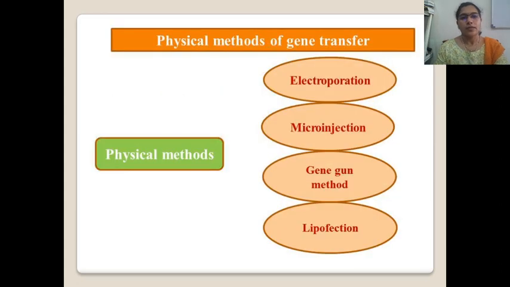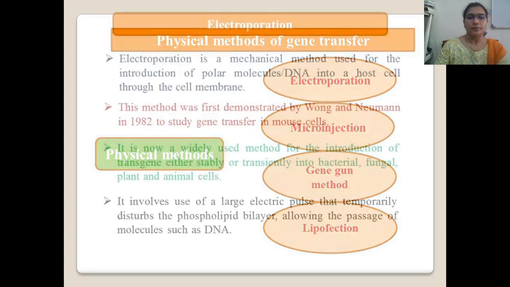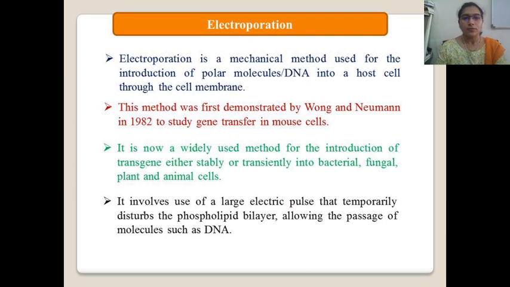Now, what is the physical method of gene transfer? The physical methods of gene transfer are electroporation, microinjection, gene gun method, and liposuction. In this topic, we have physical, chemical, and biological methods of gene transfer to the plant cell. Now, in this lecture, we are going to study one of the physical methods of gene transfer,